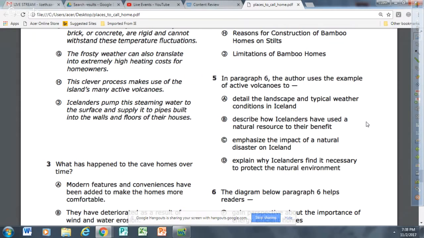I'll let you look over this really quick while I let the dogs out because they're bugging me, and we'll go over the passage on paragraph 6. Come on,